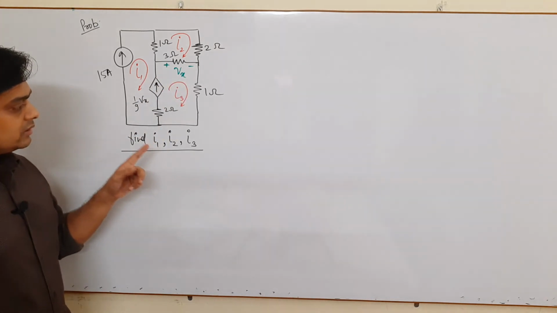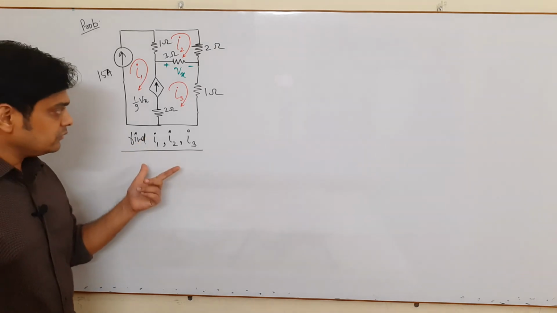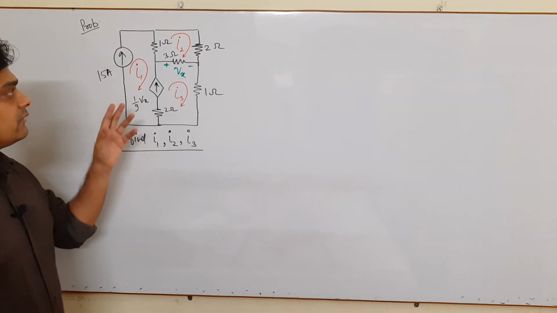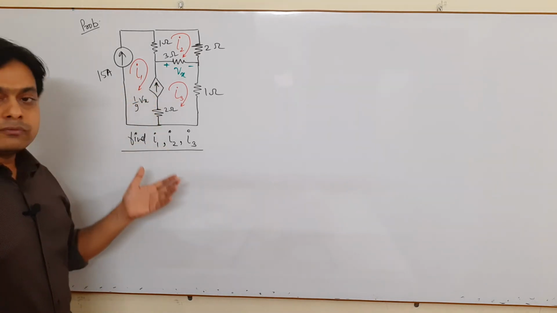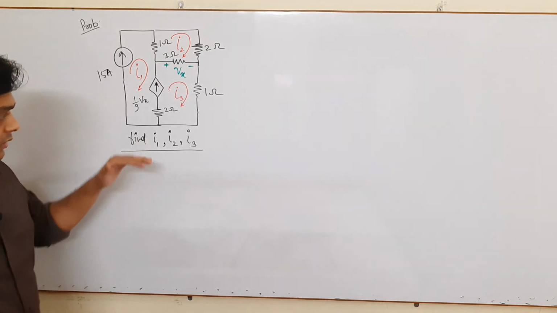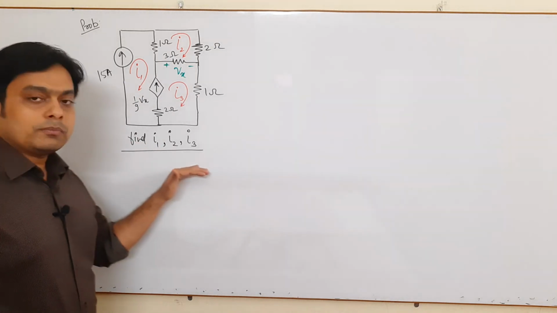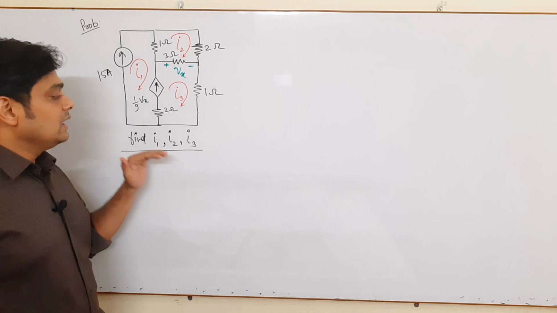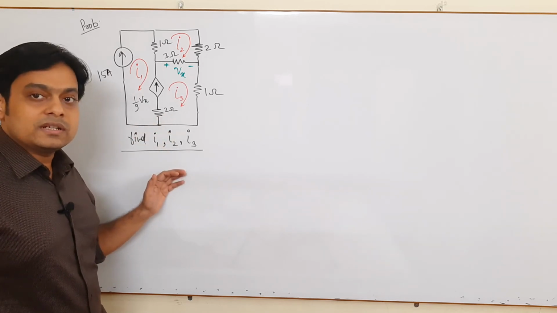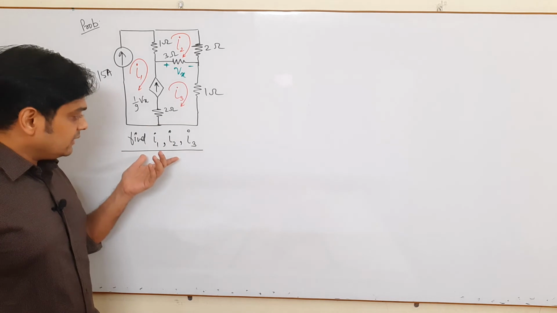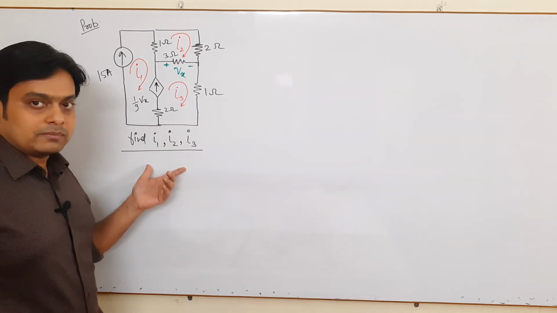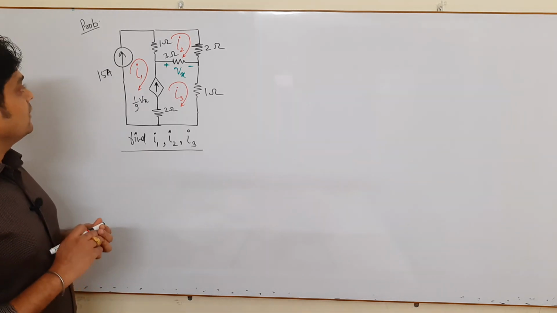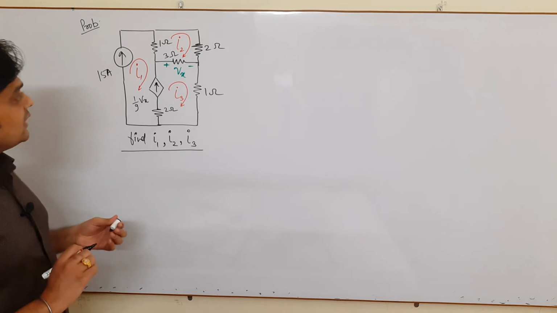So this is the problem in which you have to understand the basic concepts of I1, I2, I3, how we will consider I1, I2, I3 in the loop when we are going for the current division. This is some kind of a long problem, so such type of problem does not usually come in your examination, but this problem is helpful in understanding the concepts of current division in a circuit. Considering that point of view, we are going through this problem. Please try to understand it, very important for your concept building. So we start with this problem.